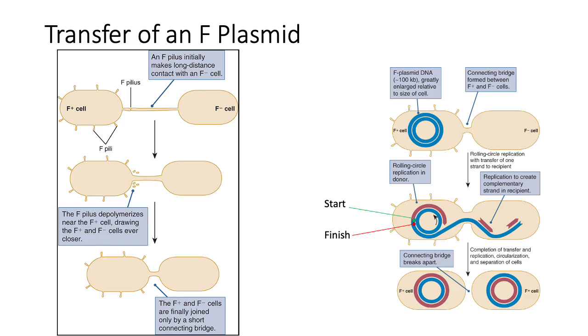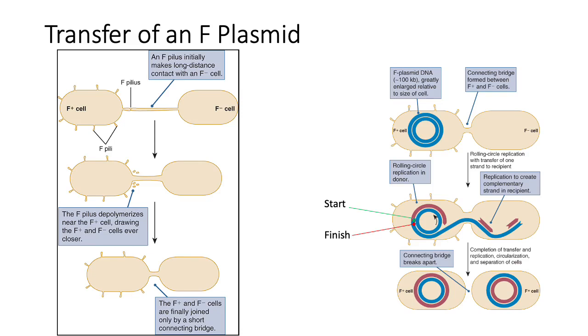rolling circle replication occurs, and the leading strand, the continuous strand of replicating, polymerizing DNA, is the part that is inside the F positive cell. The lagging strand gets shunted through the pilus into the F minus cell, and the F minus cell synthesizes the Okazaki fragments and then ligates them together. And so what you have at the end of that, the pilus disappears between them, and